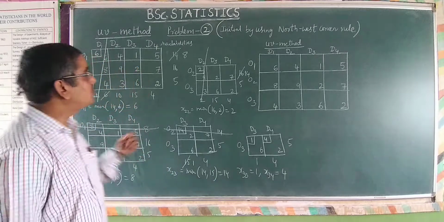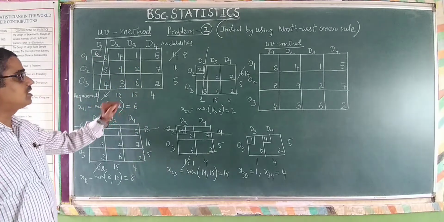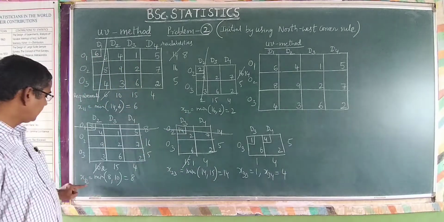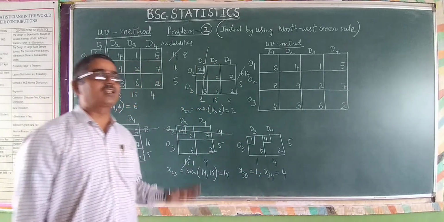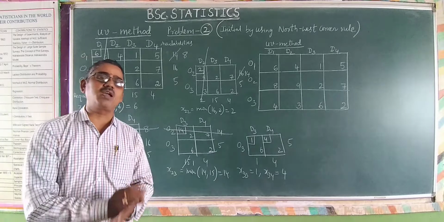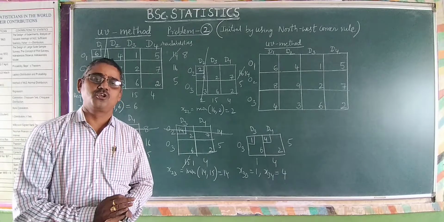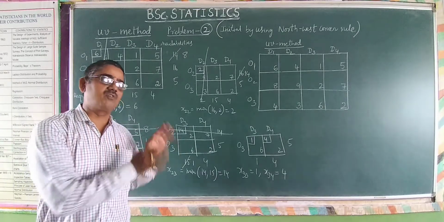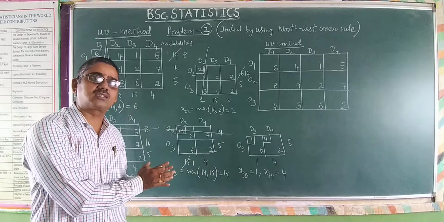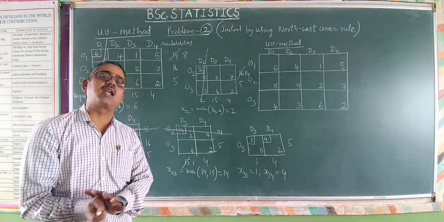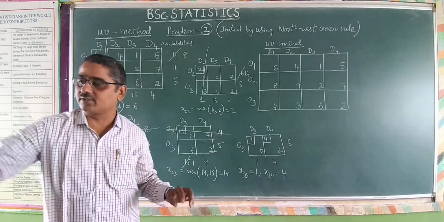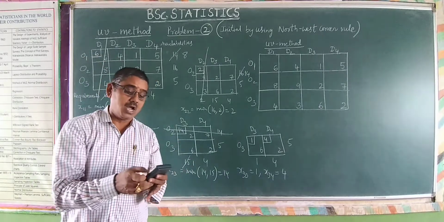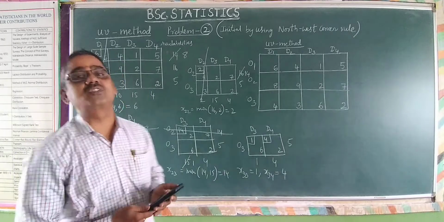So what is the initial solution? x11 is equal to this and x22 is this, x12 is this, x23, x33, x34. So this is the initial solution. Again I specify, I am not calculating the cost here. If you want to calculate the cost here and then compare the cost at the end, okay. So for time being, yes, I calculate the cost, so that I show to you the cost was reduced.